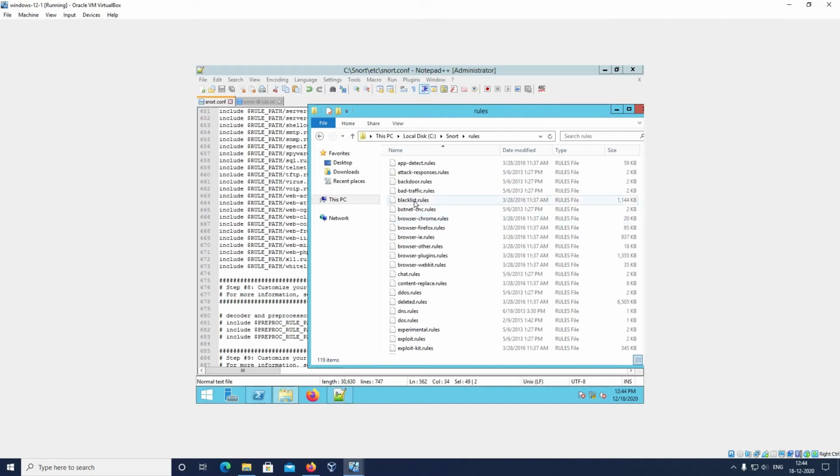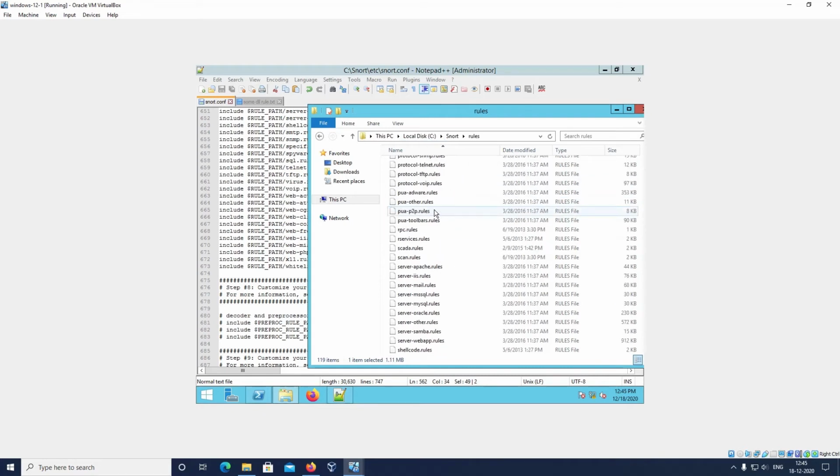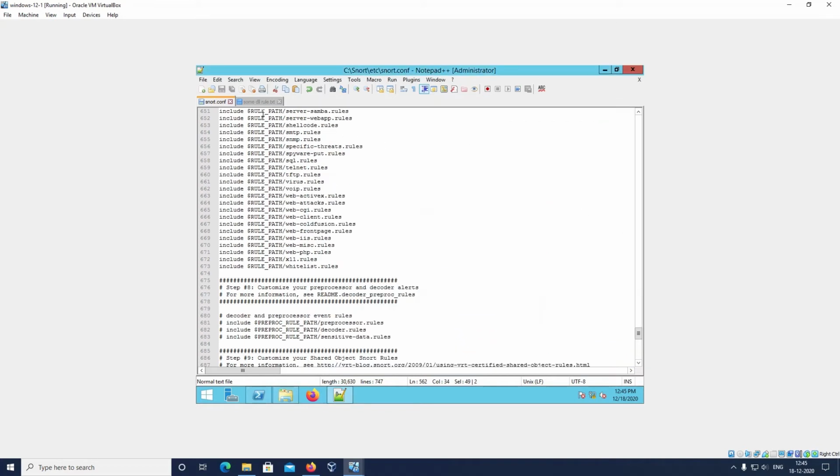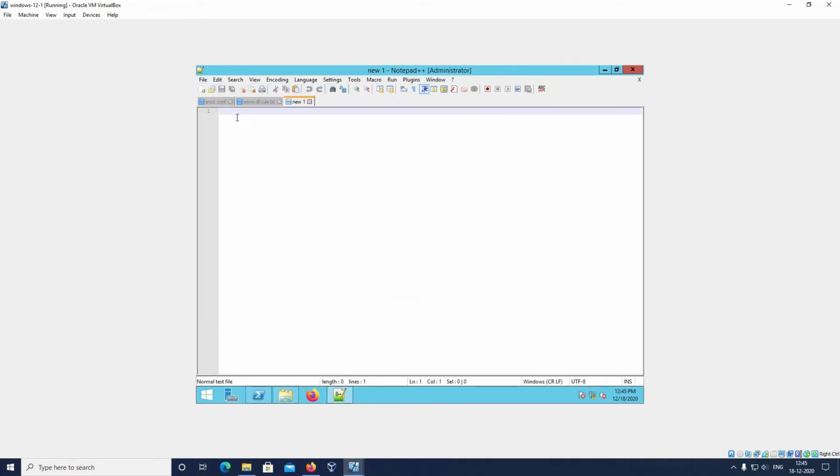Here in the C snort rules folder, we can see the blacklist.rules file is present. Similarly, we have to check whether the whitelist.rules file is present or not. If it is not present, we have to create a new file.